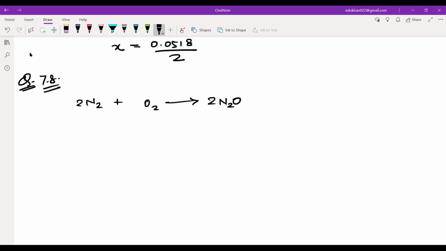Then they have given a mixture of N2 equal to 0.482 moles, then we have O2 equal to 0.933 moles, in a reaction vessel of volume 10 liters. So the volume is 10 liters, so just divide by 10 and I will get the concentration of N2 and the concentration of O2. Okay. Allowed to form N2O, with Kc given as